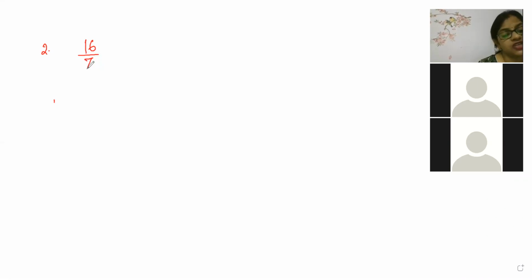Here Jiva wrote 2857142. 2 will not be there, beta. Till 4 only will be, just write the bar. Naresh, you are correct only. 2 times have repeated, but after that you said bar, so it's not a problem. Now 2 will not come. Vishal is telling that it will not be there. Okay, then you children have corrected it yourselves. Super, beta. This is called a very good effort. You know what mistake you have done, and you yourself are ready to correct it. Awesome, beta. God bless you all.